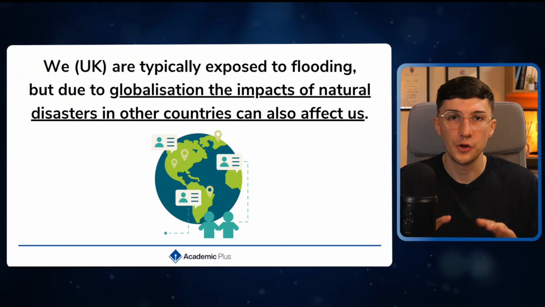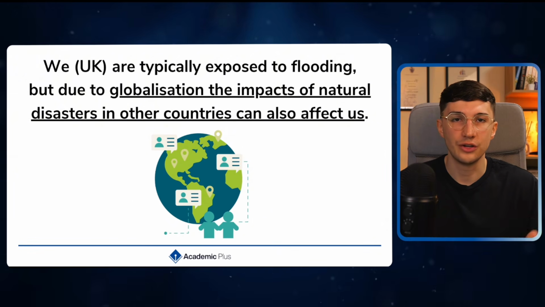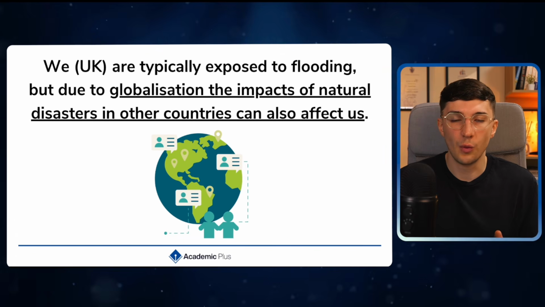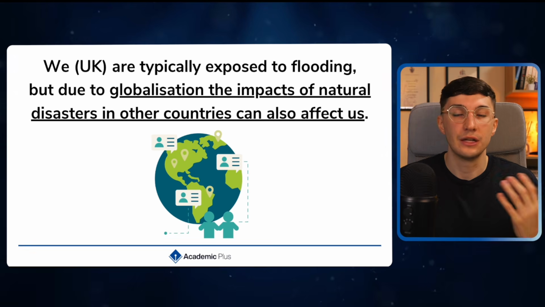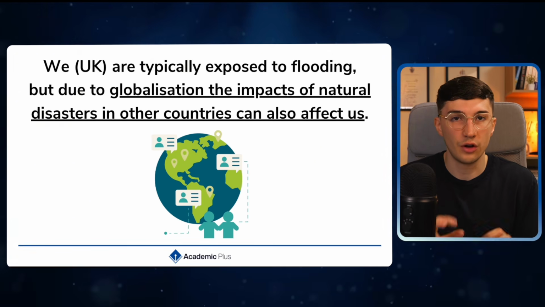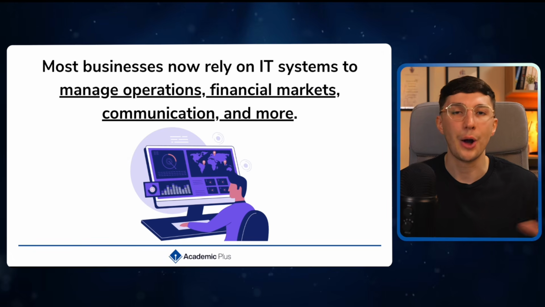However, and we'll once again look at this in a lot more detail across theme 4, because of globalization, you're typically getting your raw materials from across the world. So those natural disasters that are happening in other countries will definitely have a knock-on effect on us. The next one will also be around IT systems failures. Now, I can guarantee